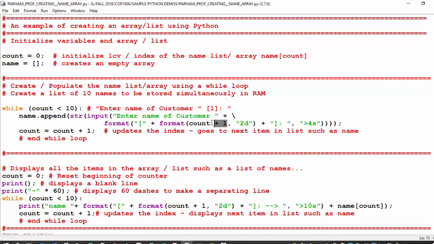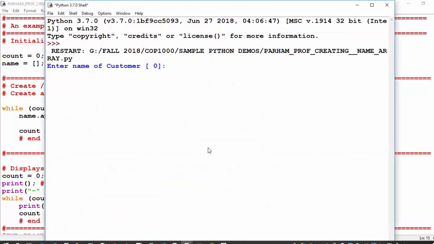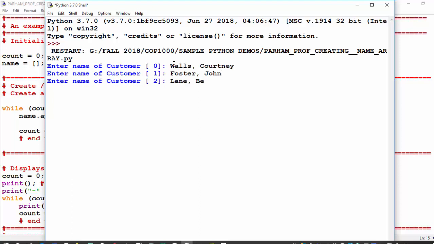Now I'm going to take out this 1 so that you will see what I'm talking about when we run the program or execute the program again. And you notice it says enter the name of customer number 0. And we'll put in Walls, comma, Courtney, Foster, comma, John, Lane, comma, Beth,